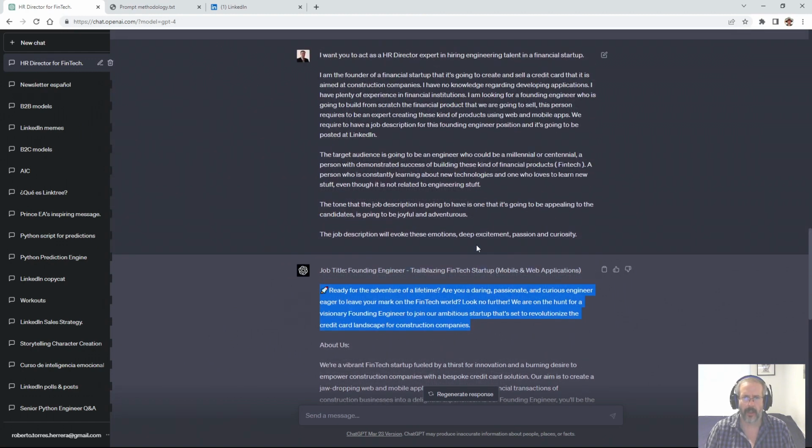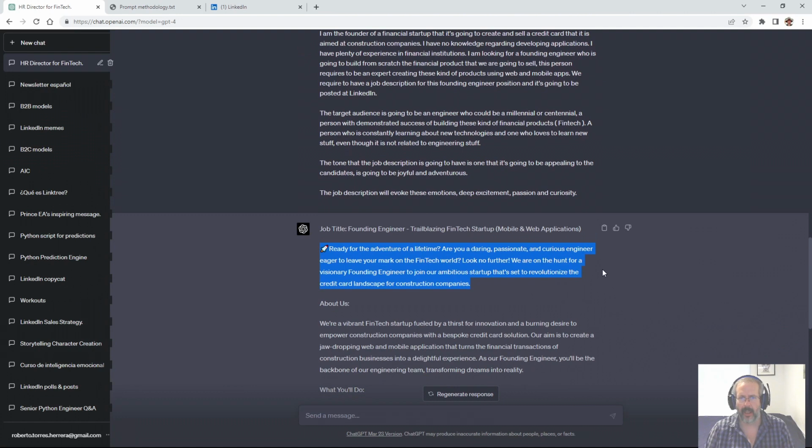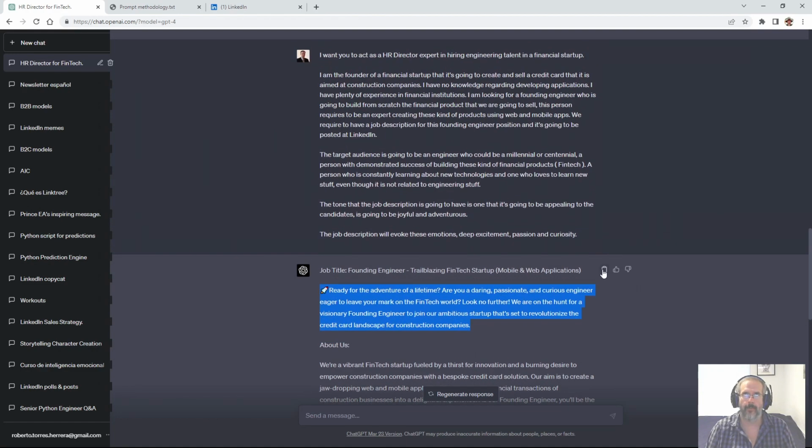So let's start adding some more stuff. What I'm seeing here is a job description. It is an okay job description, but it lacks emojis, which I think a founding engineer, who is maybe a millennial or a centennial, is used to reading and seeing a lot of. So what I'm going to do is